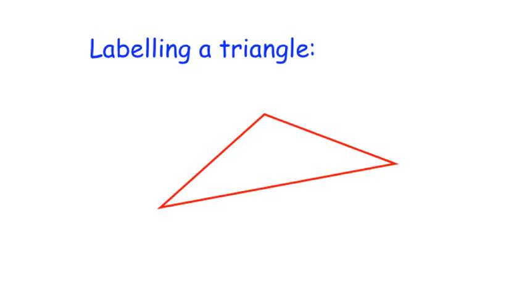Before I go on to an example, I just want to take a moment and talk about how triangles are labeled. Generally speaking, you label the triangle with letters, and you choose the letters. Traditionally, we use A, B, and C, although we don't have to, and if I have more than one triangle, I might use letters like D, E, F, or X, Y, Z. That being the case, I can label this triangle A, B, C. So in this case, this is triangle ABC,